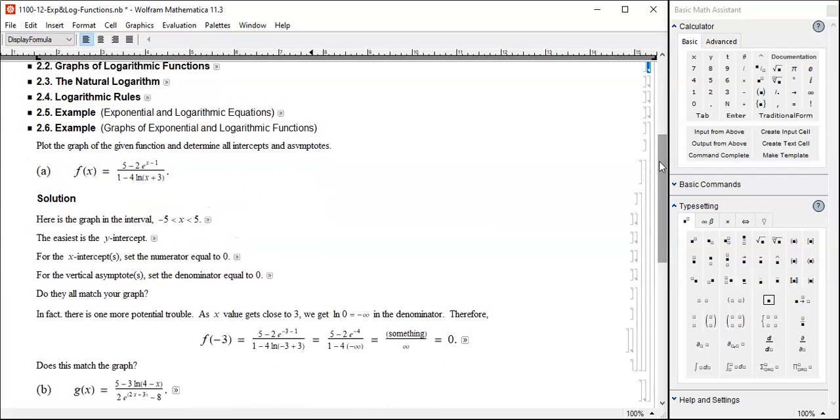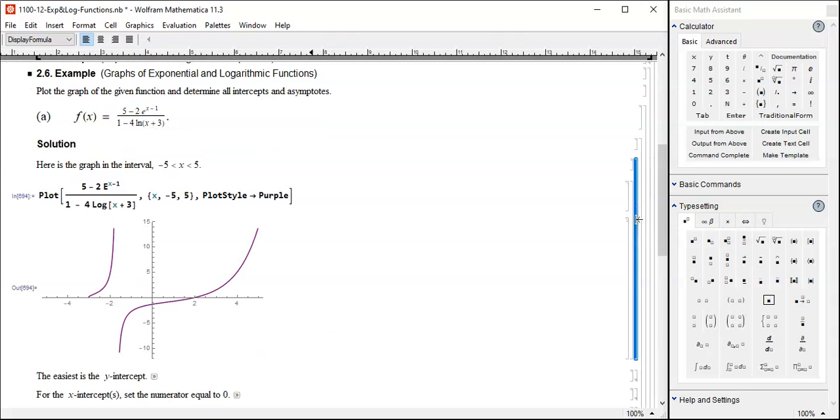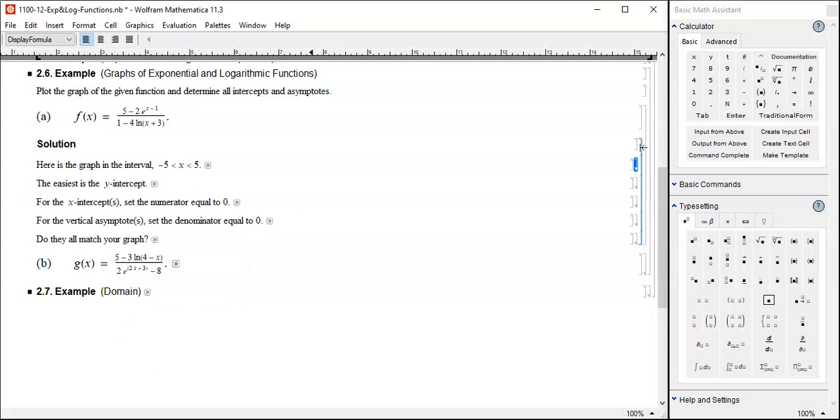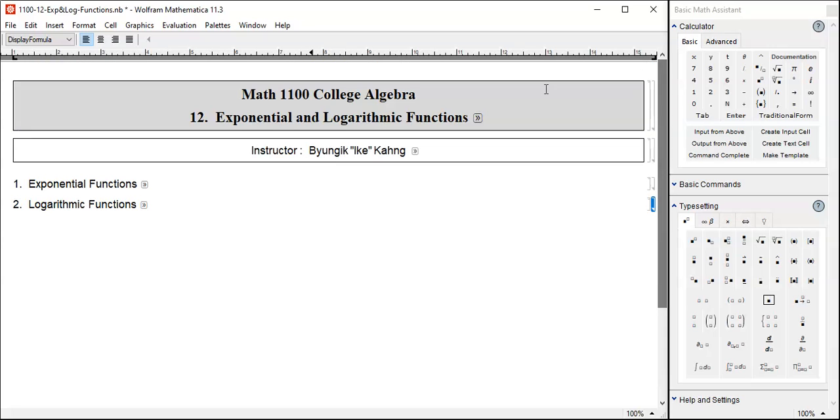In this case, it turned out okay, because if I plug in x equal to -3, we get log of 0 here, so this logarithm is -infinity, so we end up with something over infinity, and that's 0. You see, infinity in the denominator, so no problem. So going down to 0 like that. So no problem, and this problem is complete. We're going to do the next problem in the